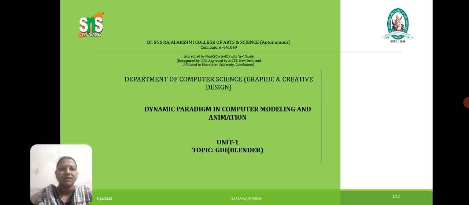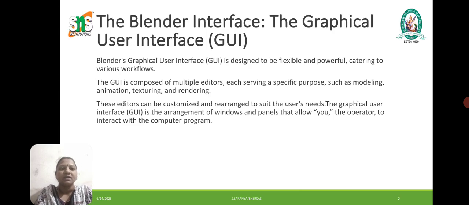In this video, we are going to see about dynamic paradigm in computer modeling and animation. The topic is GUI in Blender. GUI is nothing but a graphical user interface. It is a type of interface which allows the user to interact with the computer using visual elements like windows,